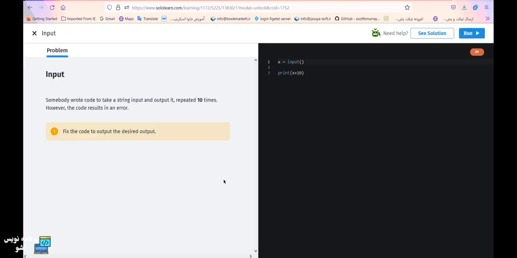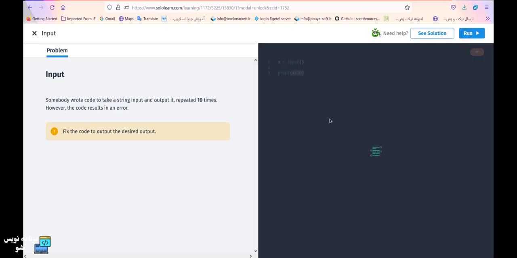We have a project here. Let's go to solve this practice. It said somebody wrote code to take a string input and output it. So repeat it 10 times. However, the code results in an error. So fix the code to output the desired output. We should write a variable in here and get the input, and then print this input 10 times like this. For example,